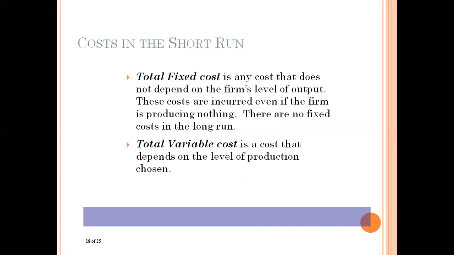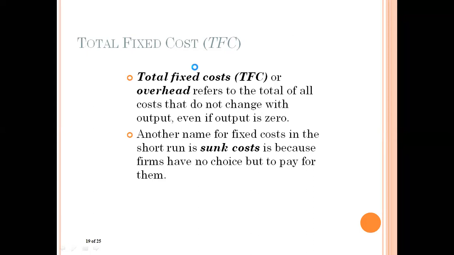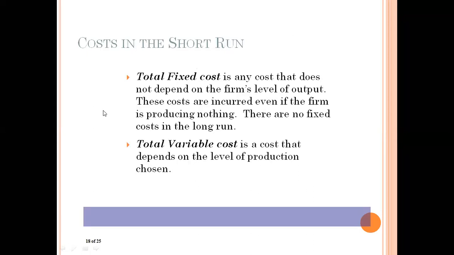The total fixed cost is always the same. So it does not change with the change in level of output. It does not change at all with the change in level of output. It is always the same in nature. All right. Besides this, we can see one thing, that total fixed cost is basically, you can write, irrespective of change in output, it is always the same.